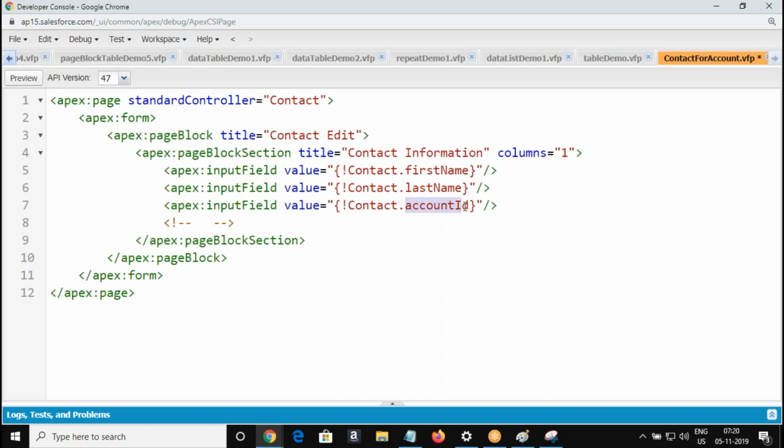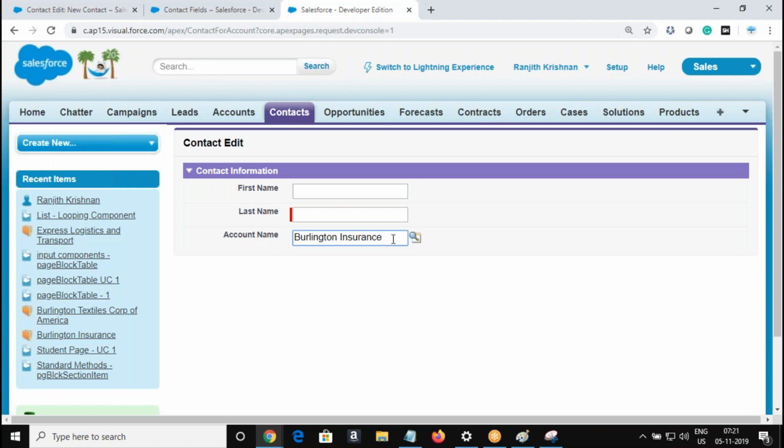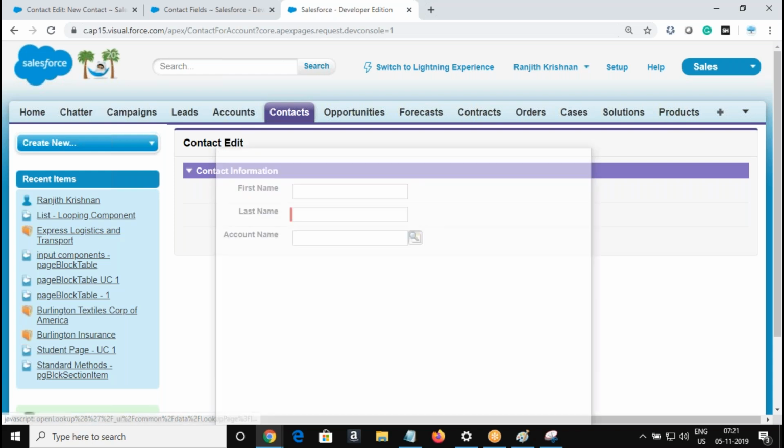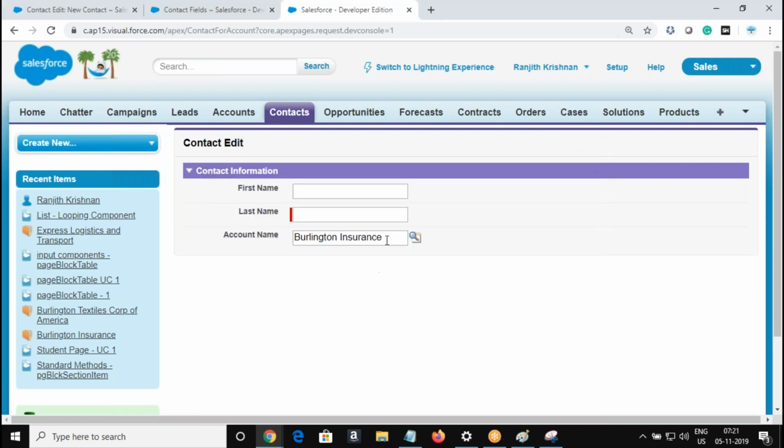What you are seeing here, when you select the field, we are selecting the name of the account. Which field are you selecting? The record name field. The record name field is nothing but a standard text field. Even when you create a custom object, a standard field gets created automatically. That field can be a text or auto number type, and it is called the record name field. So the record name value is being displayed here. Your account name is the record name field in the account object.